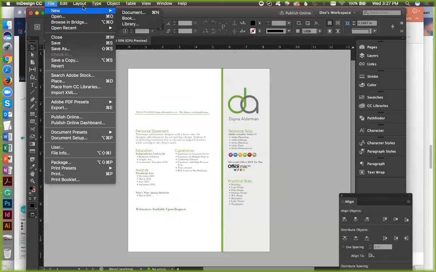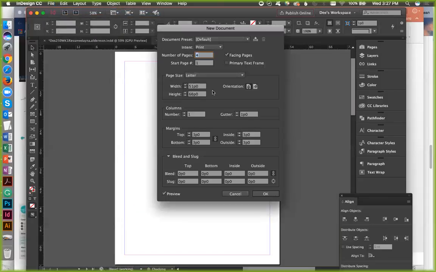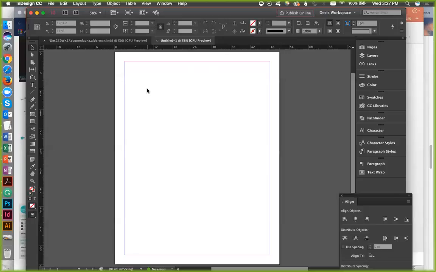I'm going to File, New Document. I'm not using any margins and columns right yet. I'm just going to do one, take the facing pages off, and say OK. Now, I usually go to margins and columns through here.